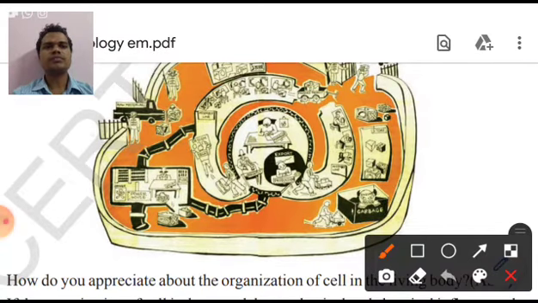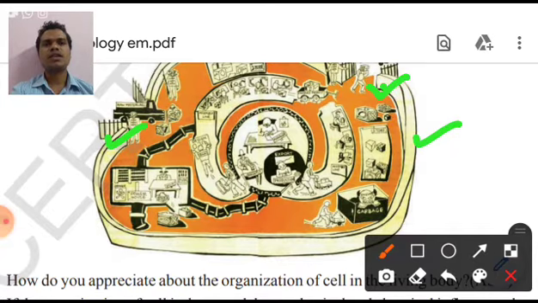As you see here, this is the outer boundary wall. Now what is the outer boundary wall of any cell? That is nothing but the cell membrane. So this outer boundary wall is giving you the information about the cell membrane, and here there are two gates, the first gate and the second gate. The first gate is helpful for the entry of some substances, and through the second gate some waste materials are going out. Now what are these things indicating? Materials are coming inside and going outside with the help of small holes present in the cell membrane, and we can call these cell membrane pores, or small pores.